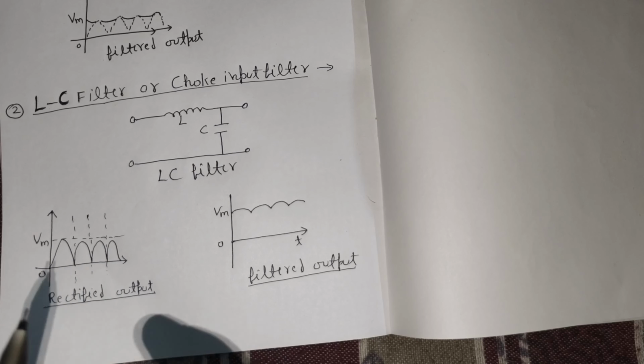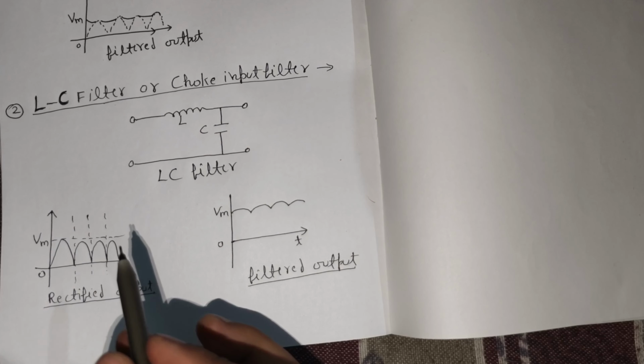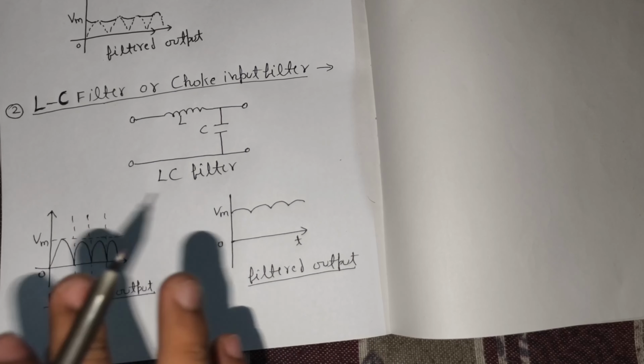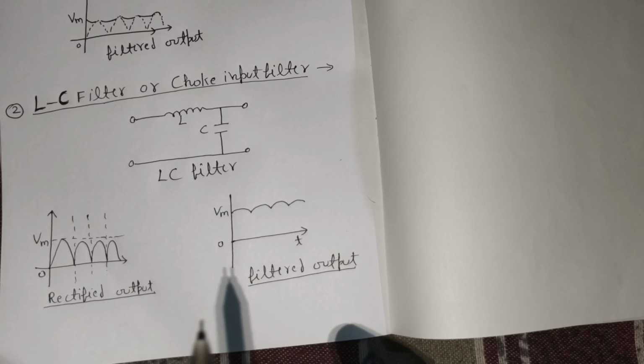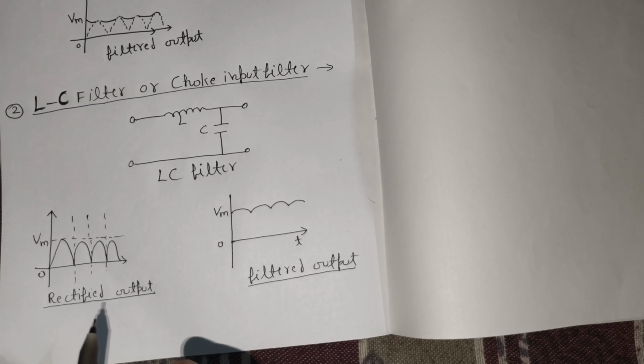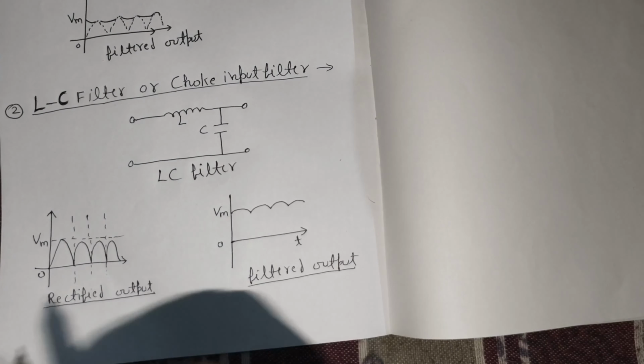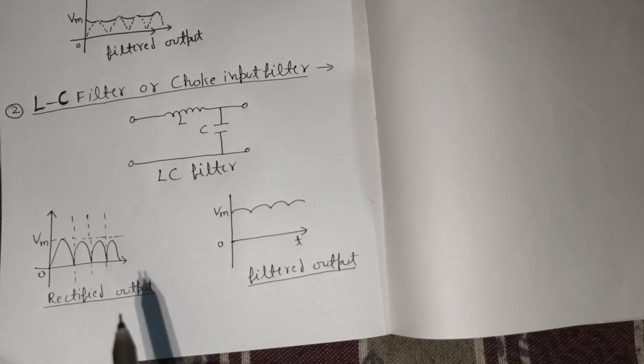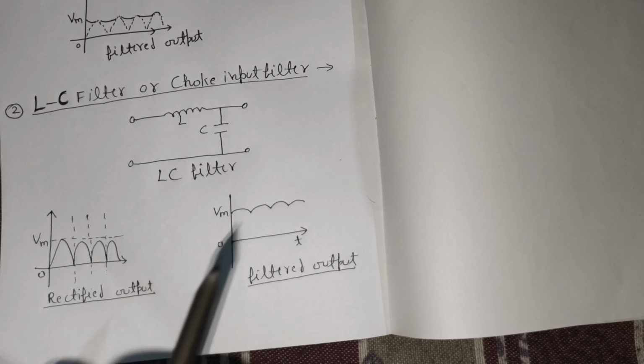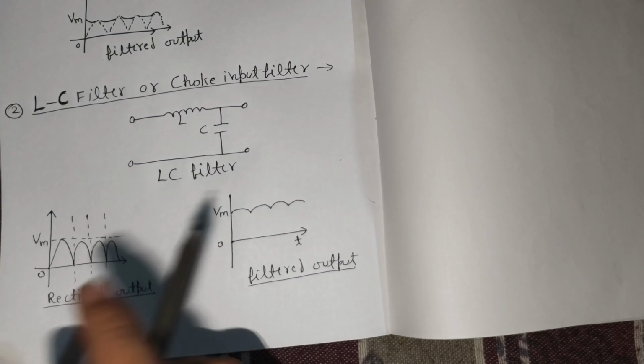When the rectified output is given to this circuit, the inductor allows DC components to pass through it, blocking the AC components in the signal. Now from that signal, a few more AC components, if any are present, are grounded so that we get a pure DC output. This filter is also called a choke input filter as the input signal first enters the inductor. The output of this filter is a better one than the previous one.